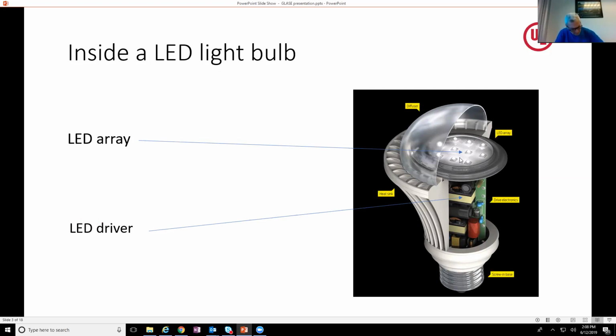The LED array obviously is the part that has LED packages on them. And these packages, when you apply the proper type of supply to them, they will emit photons and they create light. So those are the two fundamental elements for an LED lighting system, the driver and the array. Now, there is a similarity here between what it takes to build an LED luminaire or LED light and